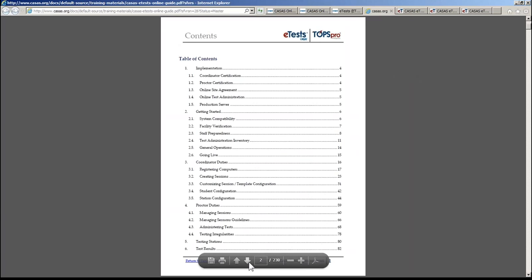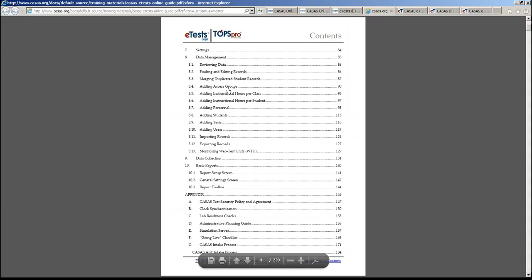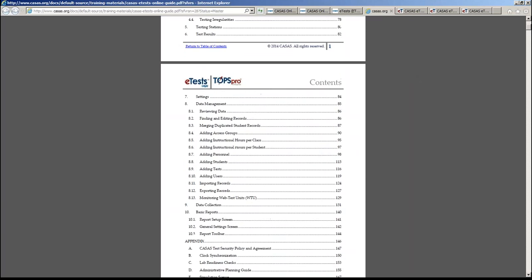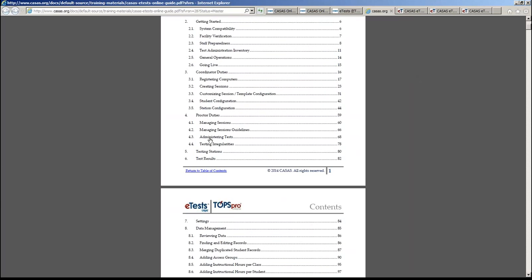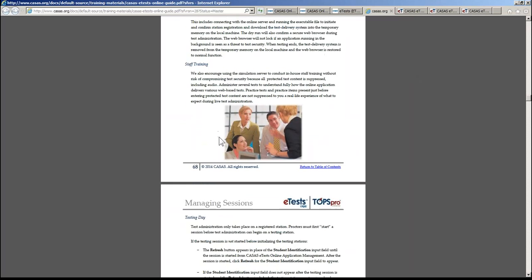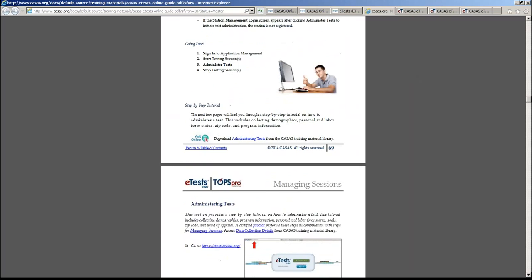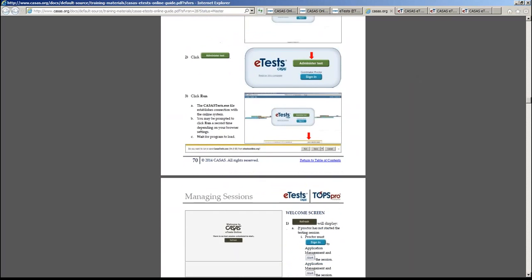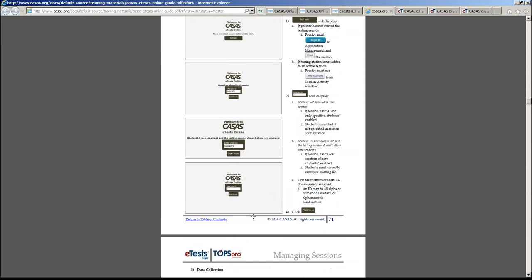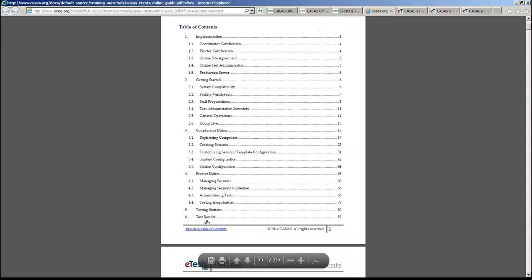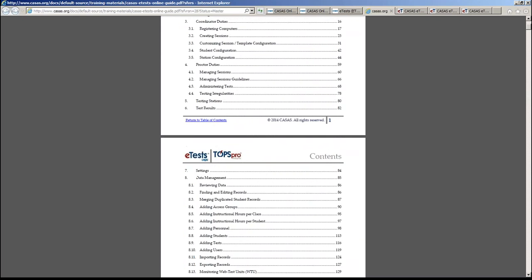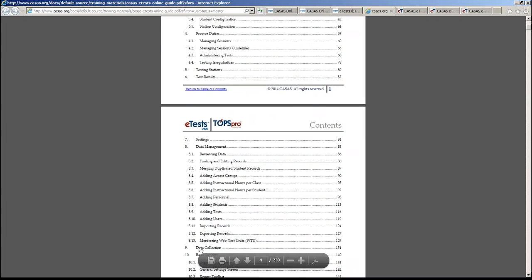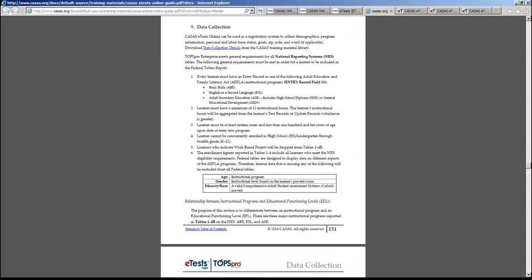For example, from the table of contents, section 4.3, Administering Tests, includes images of data collection screens. These are the data collection screens that I was talking about. Okay, now let me go back to the table of contents, and on section 9, data collection, gives you an